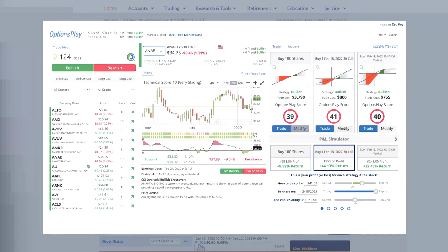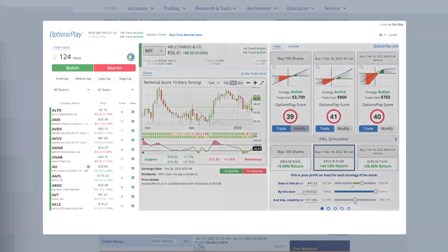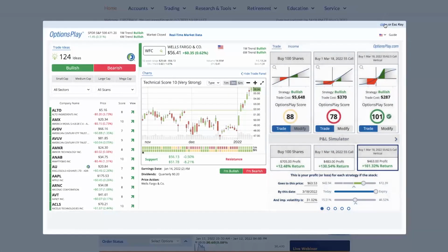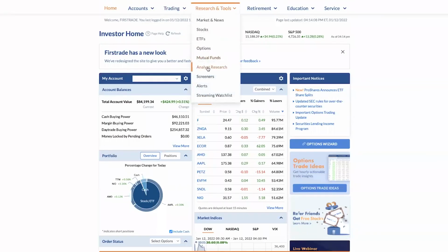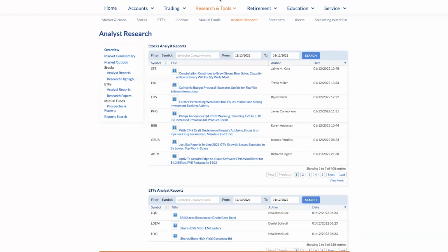So with that, what I want to do is just take a look at a real example here. Let's look at Wells Fargo. And before we jump into the trade on Wells Fargo, I just want to show you some of the research tools I'm talking about here. You can type in Wells Fargo